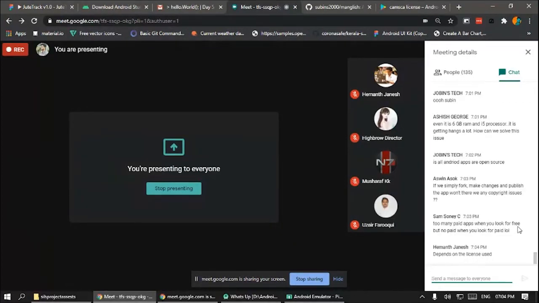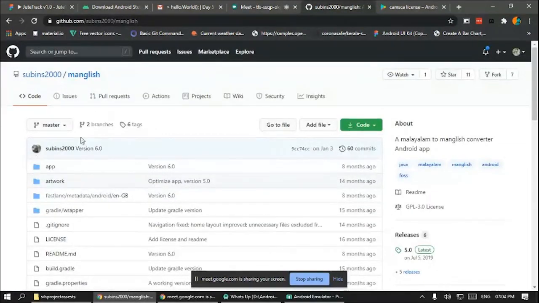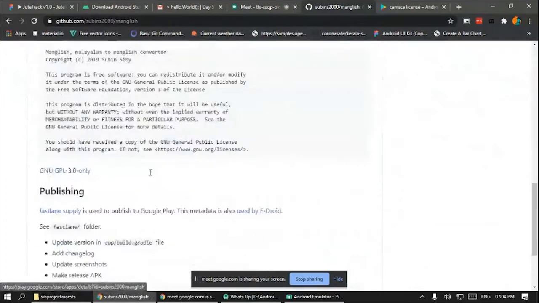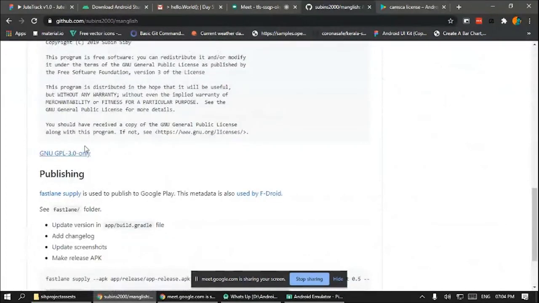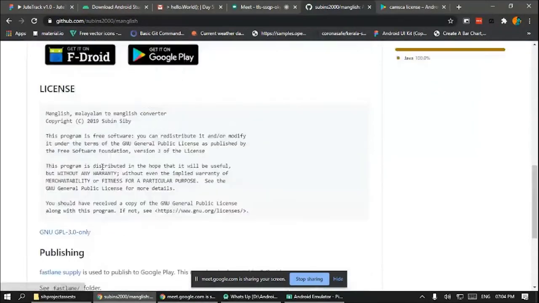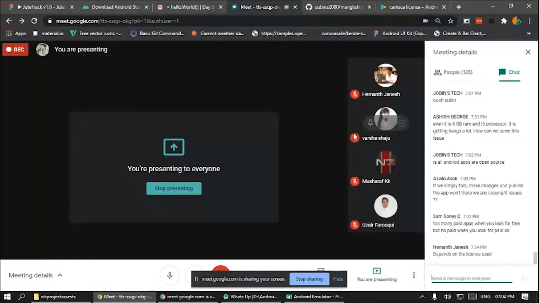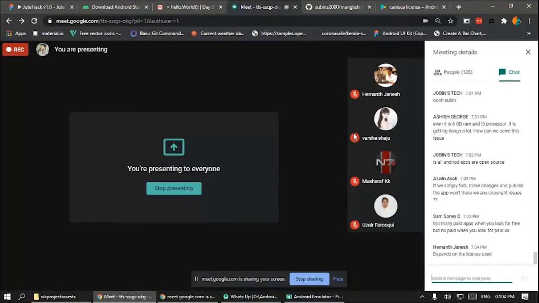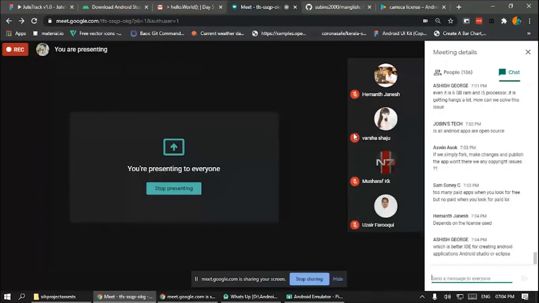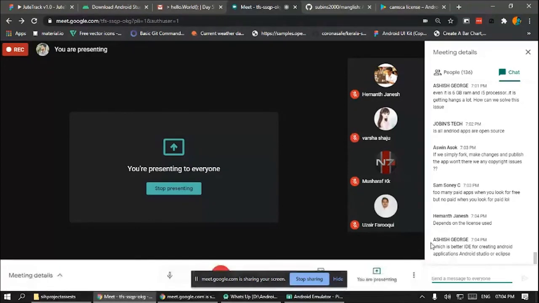It depends on the licensing. If you head over to this code, you will see some kind of license here. Go down. Yeah, here it is, GNU GPL3. It is licensed under GNU GPL3. There are a lot of licenses. If it is GNU GPL, you must not fork it and sell it for money. Like if you license it under it, as Subin did, you cannot fork it, change it, and sell it for money. You need to give it away for free, which is a better idea for creating Android applications.